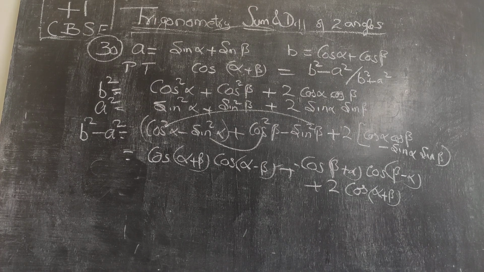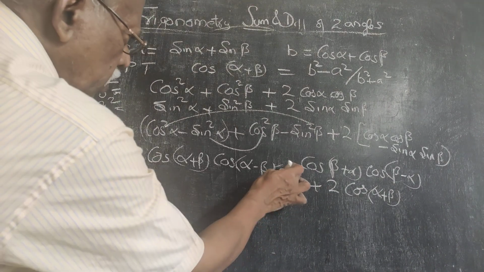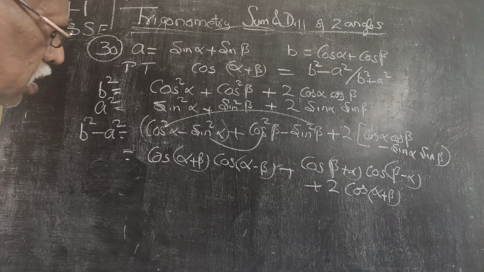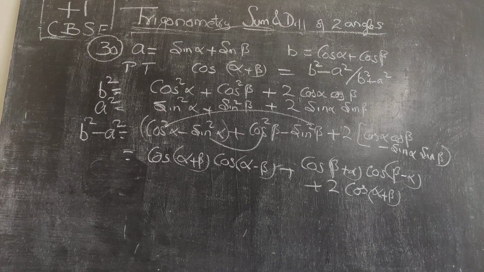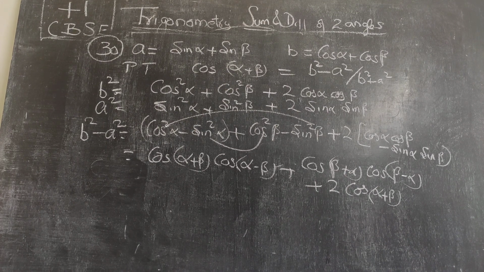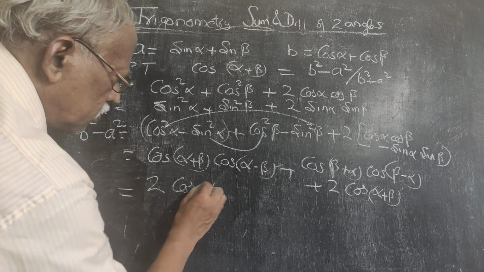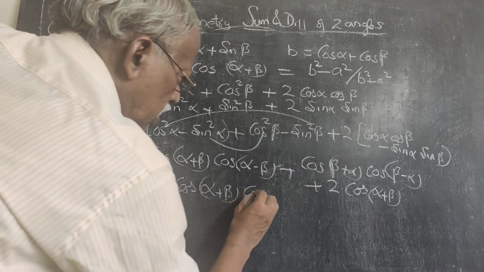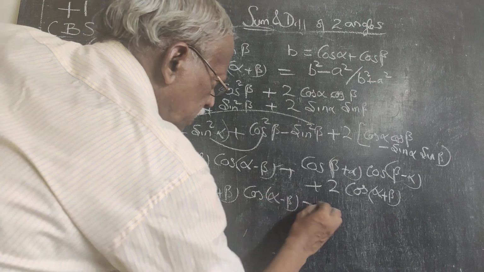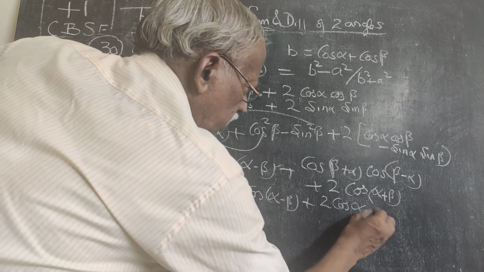Cos square theta minus sin square theta is cos(a+b) into cos(a-b), and that formula may be very useful to us because some common factor we can take out. Alpha plus beta is there, and further simplification may be possible easily. So what I do now is, from all these things I am taking cos(alpha+beta) and cos(alpha-beta), beta plus alpha into beta minus alpha. Two times of cos(alpha+beta) into cos(alpha-beta) plus 2 times of cos(alpha+beta).